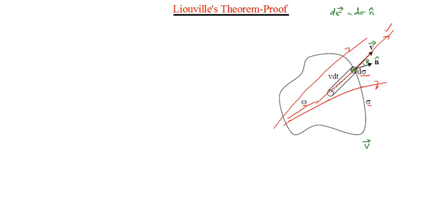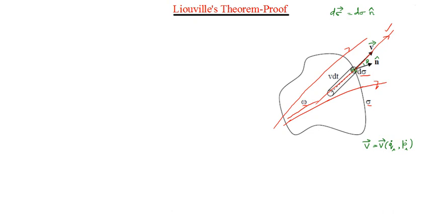In this case, the velocity vector will depend on the derivatives of qi, that is qi dot, and also the derivative of pi, pi dot. So the velocity vector will be a function of qi dot and pi dot in general, where i runs from 1 to 3n. So we can see the velocity vector in the 6n dimensional phase space also has 6n dimensions. This is a 6n dimensional vector in the phase space. That is the velocity vector over here.